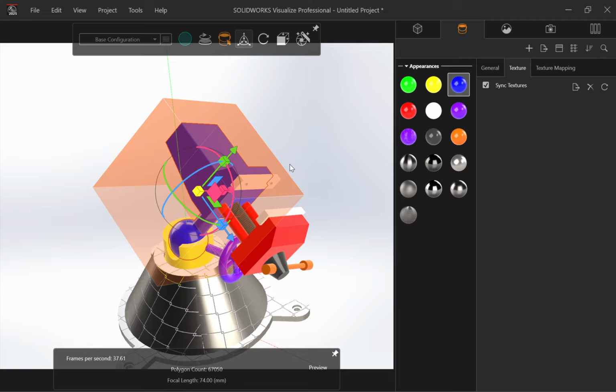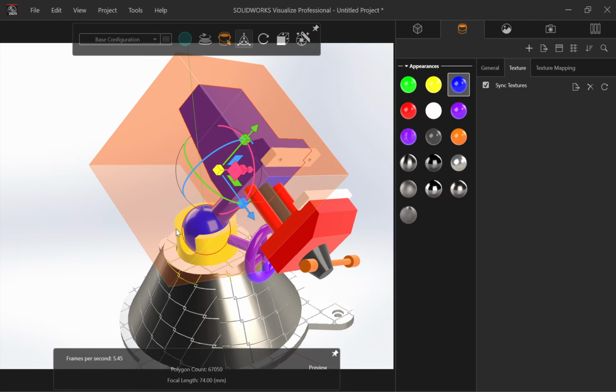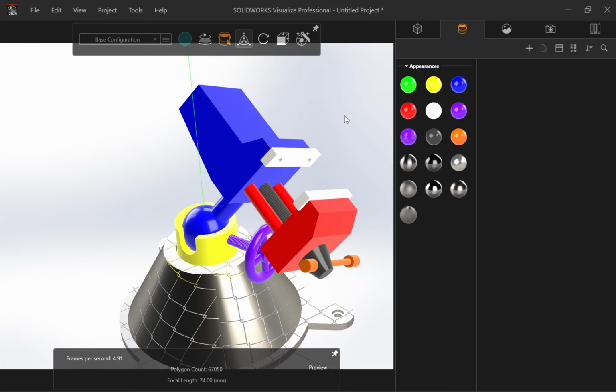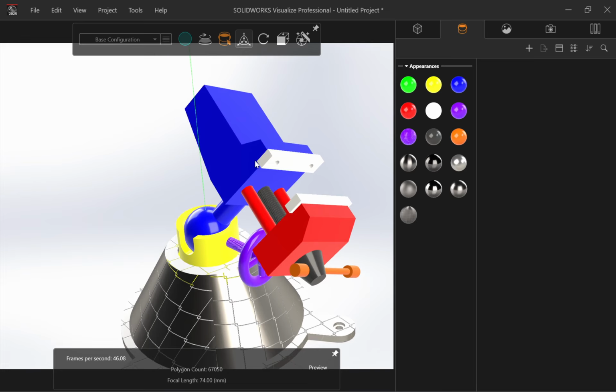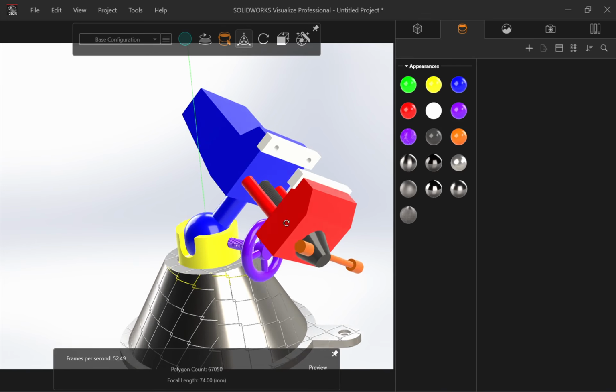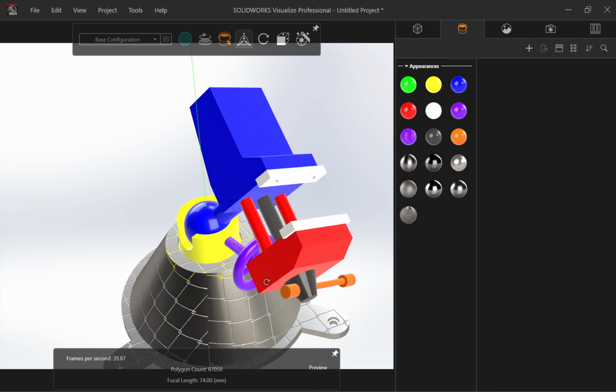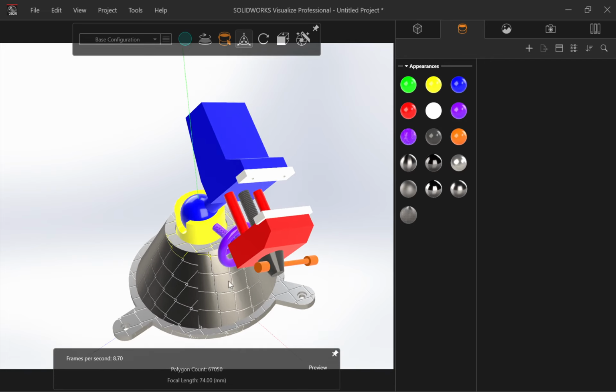But for the purpose of this project and your submission, what I would recommend is just get it saved in the orientation that you want to take pictures from, get a rendered image from. For example, I could have rotated this up a little bit in the assembly in SolidWorks so it was easier to see the hand wheel and stuff like that. But for the purpose of this video, I just brought this in as is. Okay, so